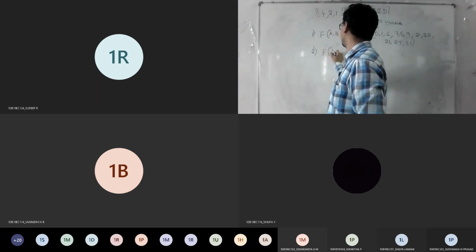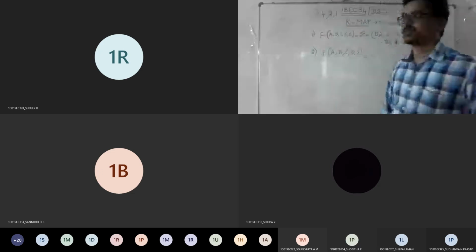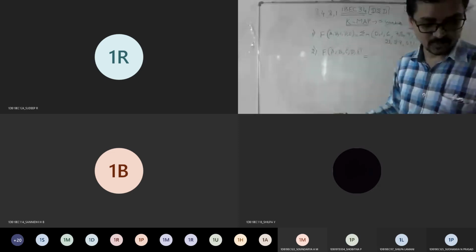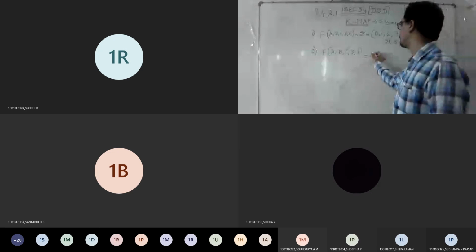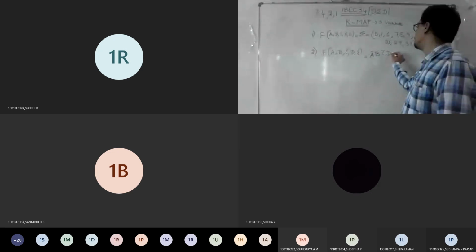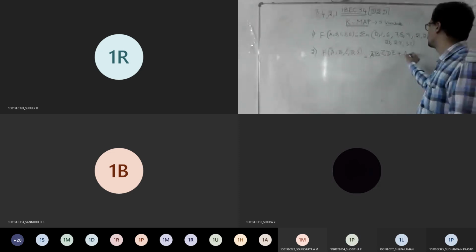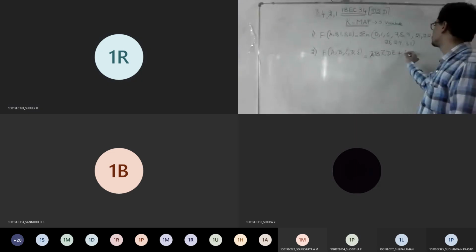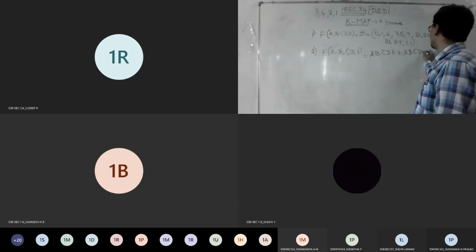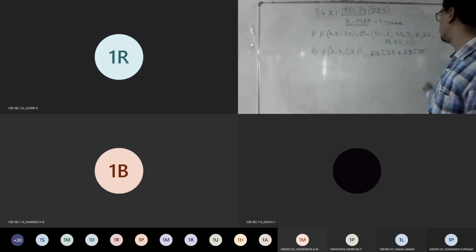So function again A, B, C, D, E. In this question, instead of giving minterms, they have given the expression of minterms. So write the question. A bar B, C bar D, E bar. Is it visible what I am writing? Everyone? A bar, B bar, C bar, D. Is it visible? Yes, sir. Okay. Plus,